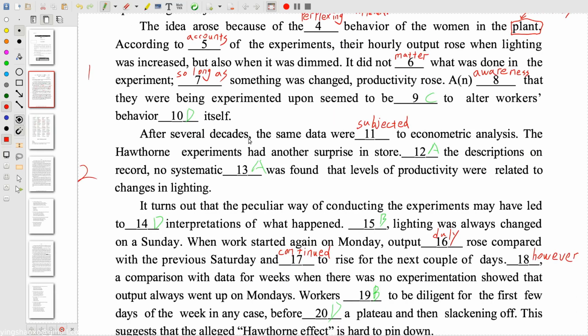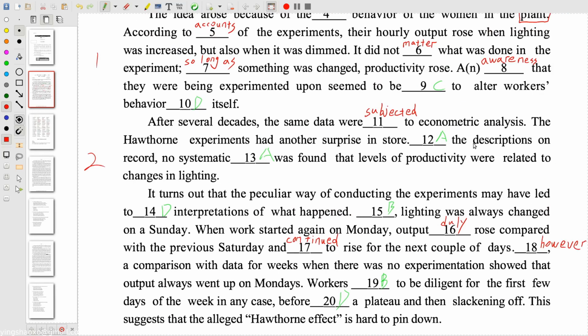After several decades, the same data were subjected to econometric analysis. The Hawthorne experiments had another surprise in store. Contrary to the descriptions on record, no systematic evidence was found that the levels of productivity were related to changes in lighting. It turns out that the